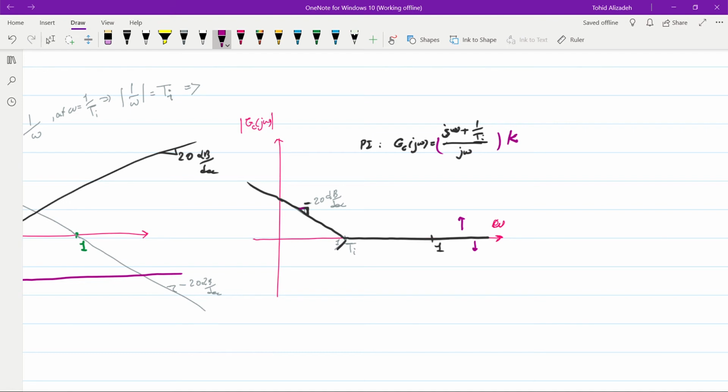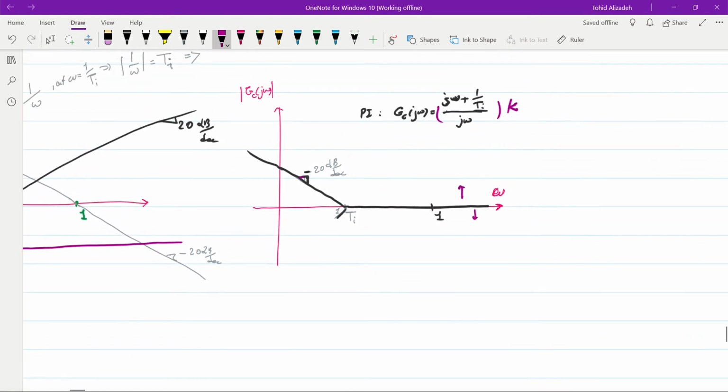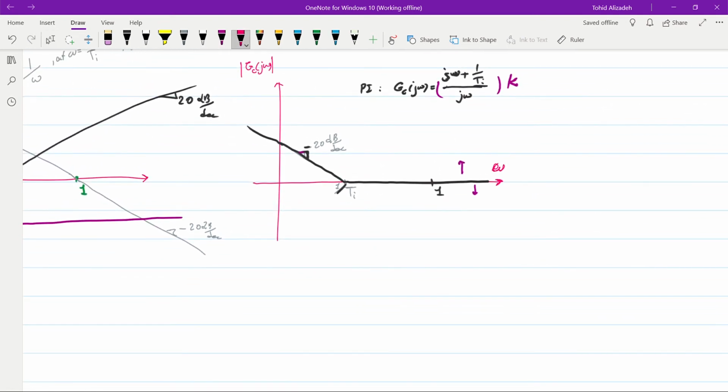And in this way, we will increase the type of the system. The steady state behavior of the system will improve, but the transient behavior of the system will remain the same because we are not going to change it. And it will be obvious when I draw the phase plot for this. So phase of Gc(jω)